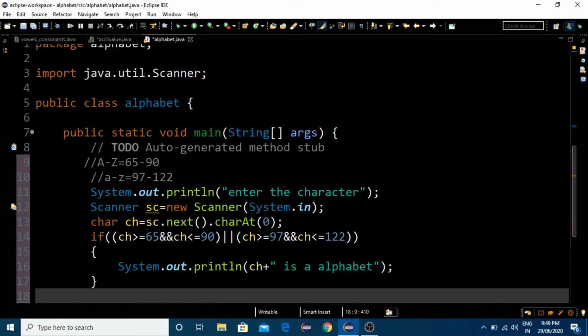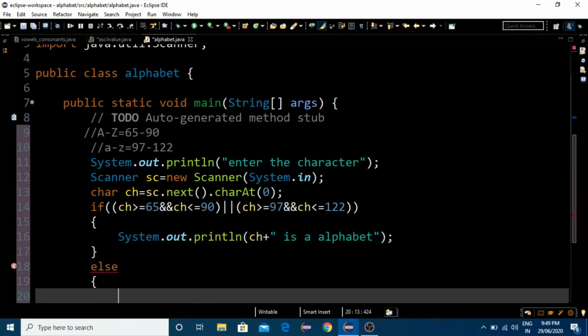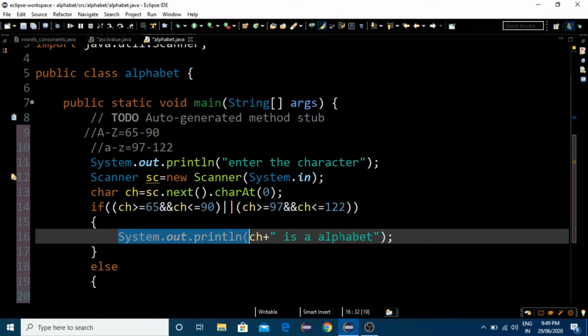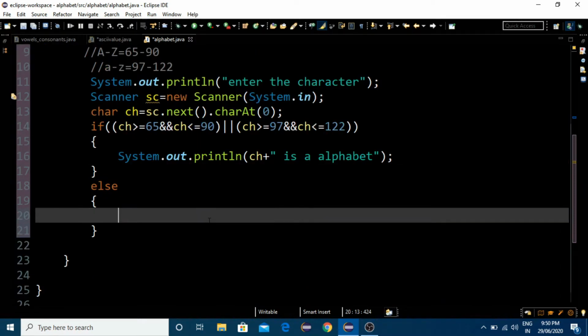If this condition is false, we need to write an else statement. Let me just copy this and edit it: "is not an alphabet".